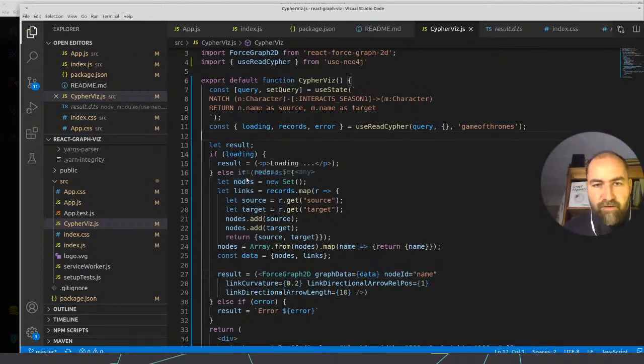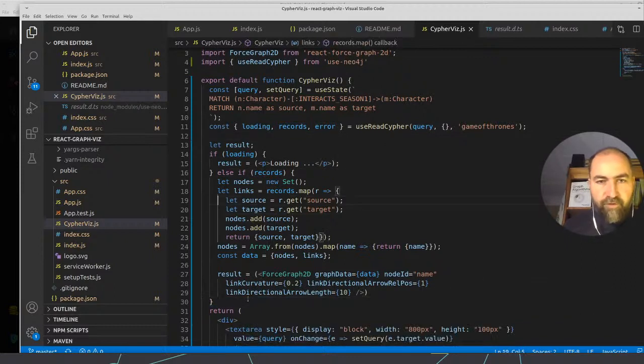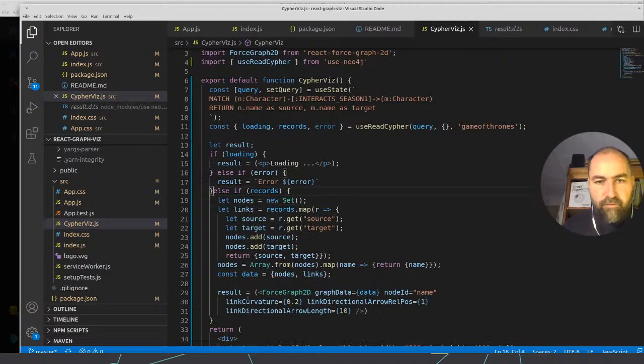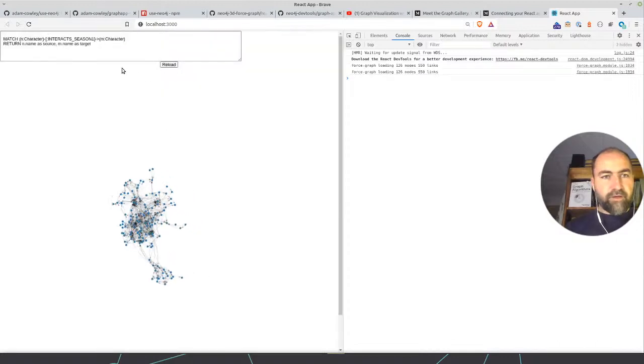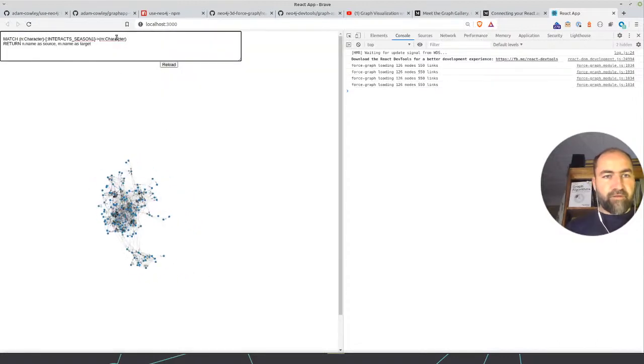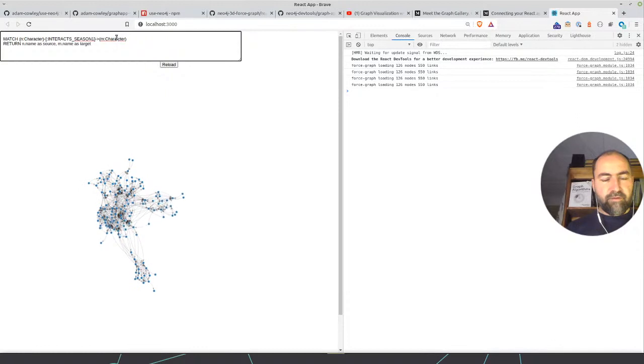If loading, else if records, else if error. So if you move else if error up here, because I would think there should be an error if I break this cipher statement, right? That's weird. So there doesn't seem to be an error here.